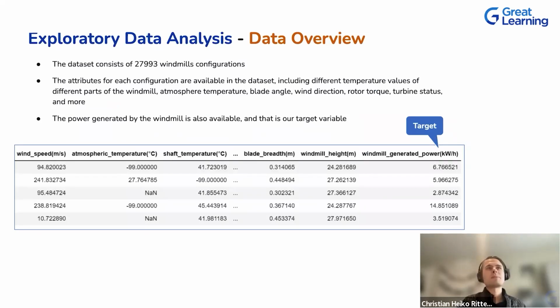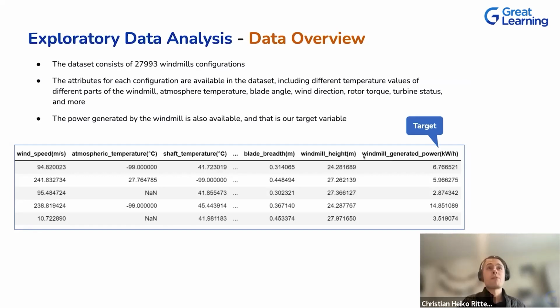So now we have learned about the process. Let's go straight to this actual data set. So we have over 27,000 windmill configurations. Each of those configurations is in one row here, where you see the column information. The columns are different variables, such as the wind speed measure and atmospheric temperature. And then the rows are the different measures at different times. Specifically highlighted is this generated power variable, which in machine learning we oftentimes call the label or the target, which is the quantity we want to predict.